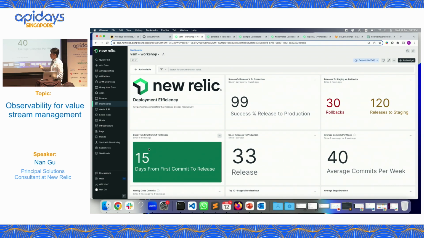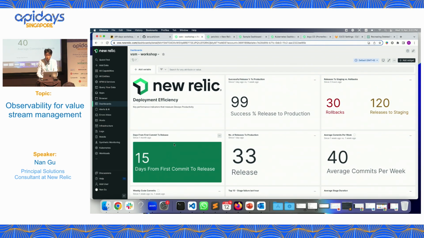How many releases, and how many days from first commit to release, which means your DevOps practice is quite mature, at least for the current team, right? Then you can compare different figures like rollback times and so on.